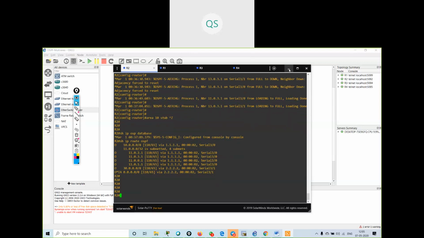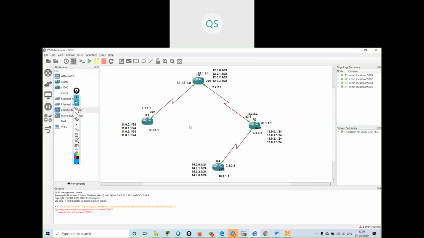Now we can see the next thing. We have seen stub, totally stub.